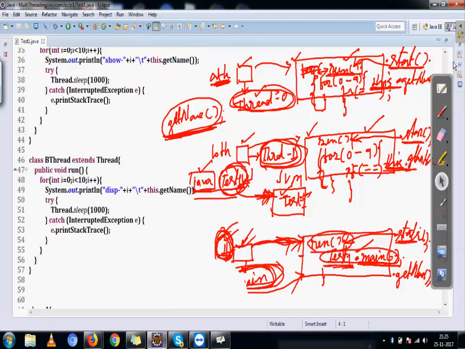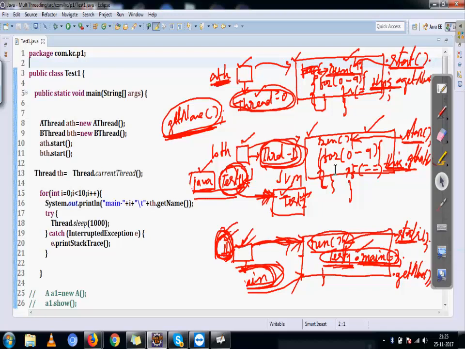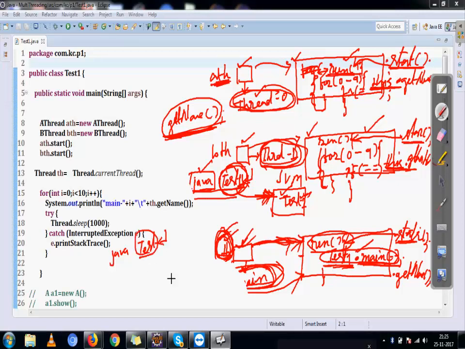Now what you understood from here? When you just write a class, when you just write java Test and press enter, Test is an input to the JVM. JVM creates one thread object. Inside the thread object, you have a run method which takes the task, and JVM